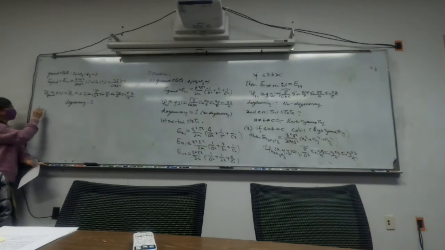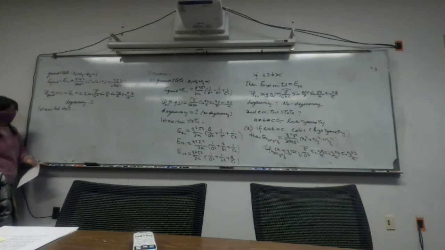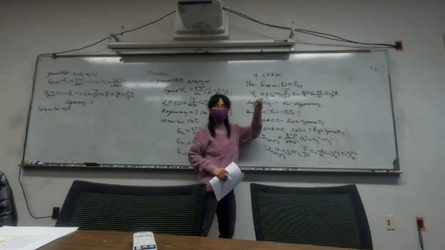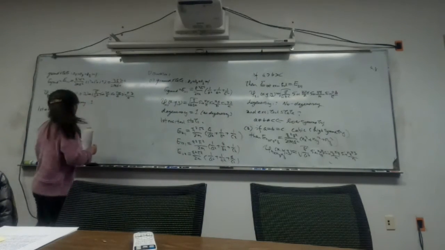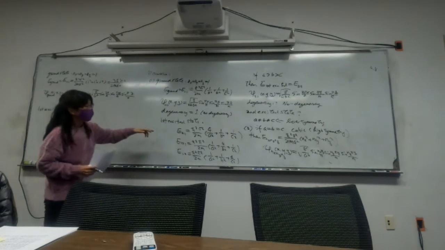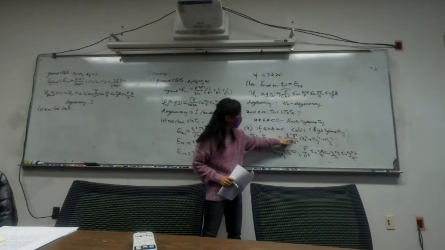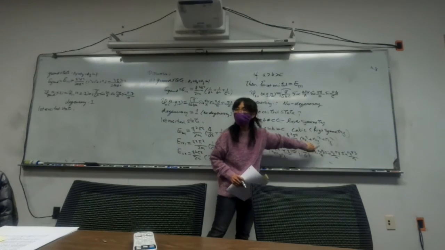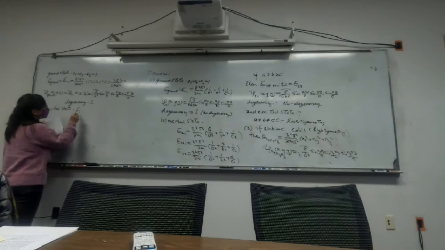Let's say the first excited states. Here, we don't need this condition since they are equal. So now you look here. Because this is a constant, and this is a constant, either nx equals 1 or 2, or ny equals 1 or 2, they are the same, right? So very easily, the energy is